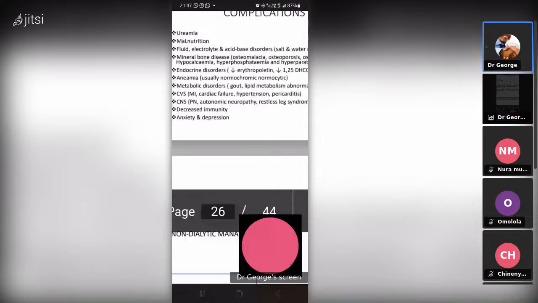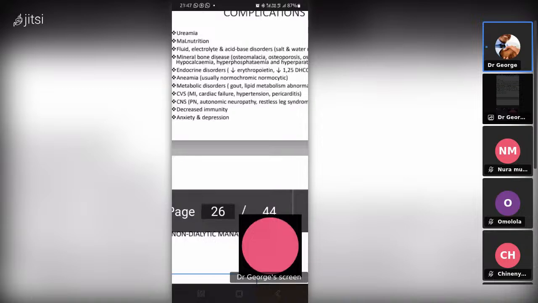So radiological, you can do a renal ultrasound scan, where you can see a wide range of features depending on the type of kidney problem you are suspecting. So you can have something like bilateral shrunken kidneys, or an enlarged kidney because of loss of corticomedullary differentiation. Hydronephrosis, okay, in those with obstructive uropathies. Then plain X-ray can see stones if it's post-renal stones, right? CT scan can be used to diagnose retroperitoneal fibrosis, and even tumors, right?